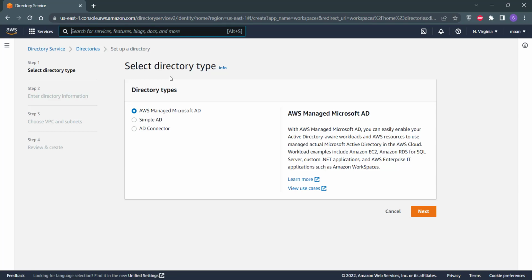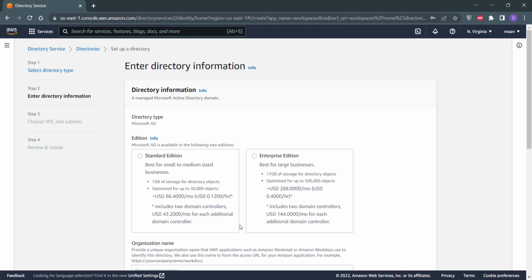There are 3 types of directories that you can create. First is AWS Managed Microsoft AD, then Simple AD, and then AD Connector. The first one is used if you want to use your AWS Workspaces as Windows virtual desktops. The second one is suitable if you want to use Linux desktops, and the third one is if you want to use your own premises Windows or Linux desktops. So we are going with the Windows desktops, so I am keeping the first option selected as shown on the screen. Click on the next button,